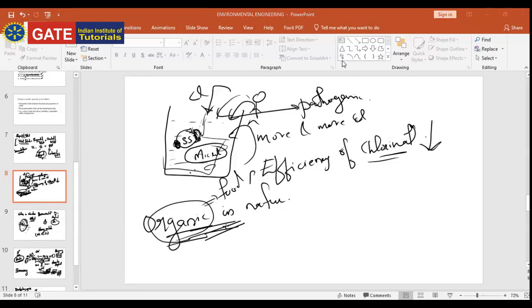Okay, so that is the general idea regarding suspended solids. So I'll be giving you 10 minutes. You can just summarize whatever I have said now. You can summarize and write it in your own words. You have to scribble it, okay? Write it in your own words so that it is